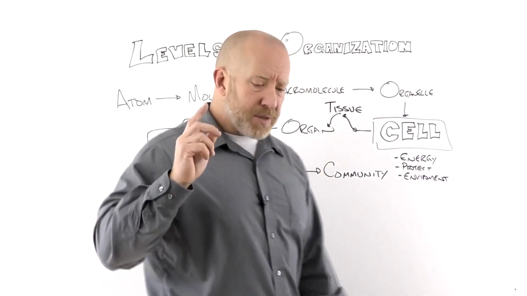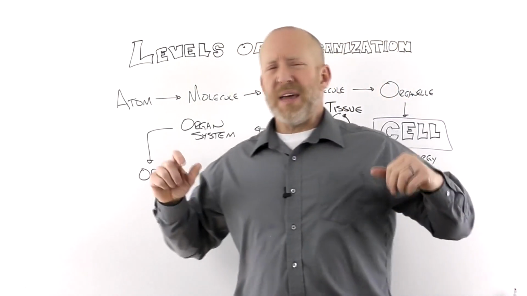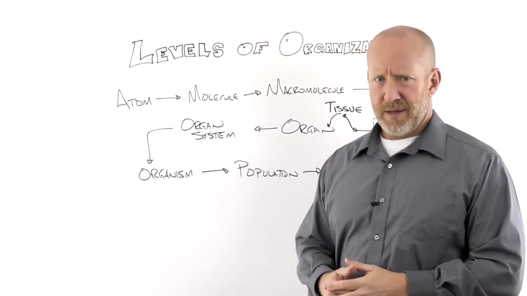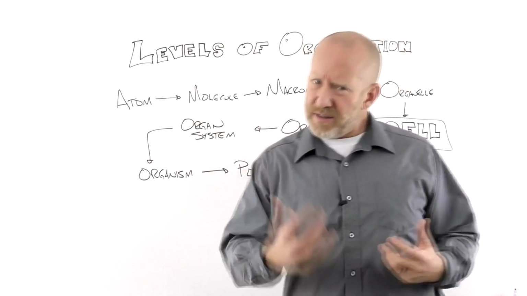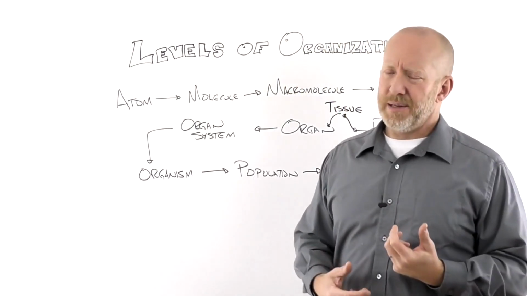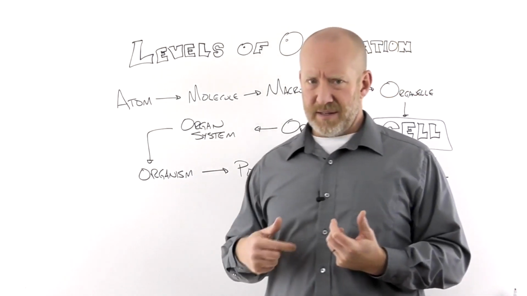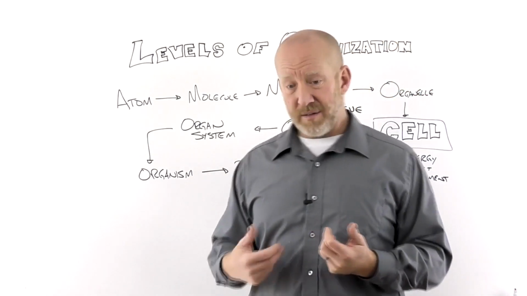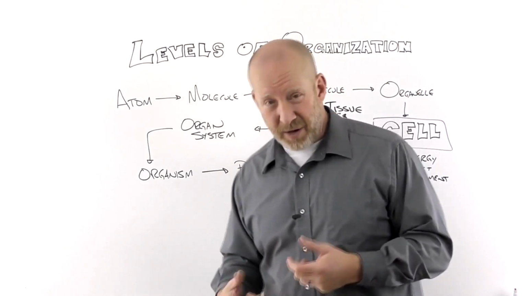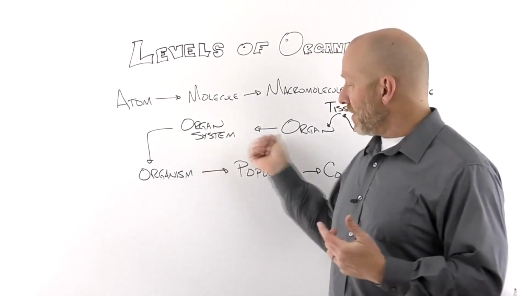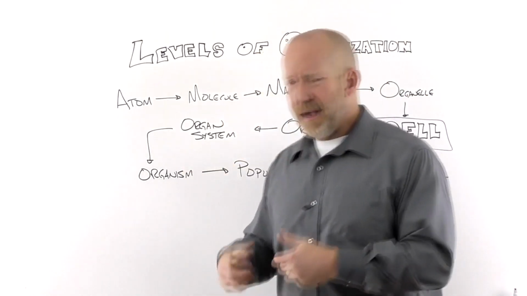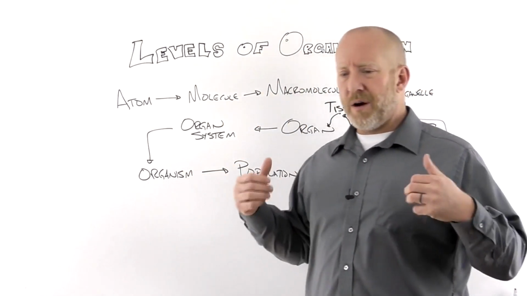Now, if you take 2 or more organs that have a similar function as one another. So the stomach and the heart, they don't really have a similar function. One is to digest and one is to contract. But the esophagus and the stomach and the large intestines and the small intestines, and maybe you could even say the pancreas and the liver, those are all working together to digest things, and that's why it would be called the digestive system. The heart with the blood vessels might be called the cardiovascular